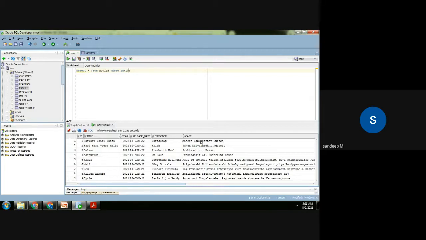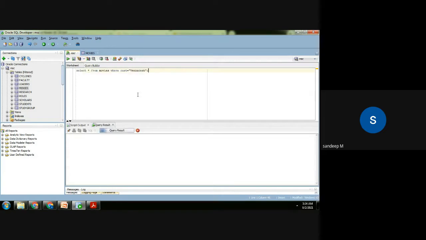Here, say for example, you want to find all films which have a particular hero. So say you want to find out the films where Venkatesh has acted. If you do this query where cast is equal to Venkatesh, I'm saying the cast should have this value.